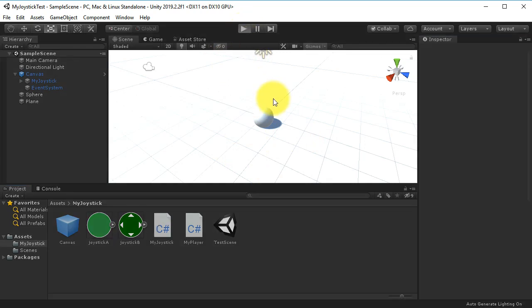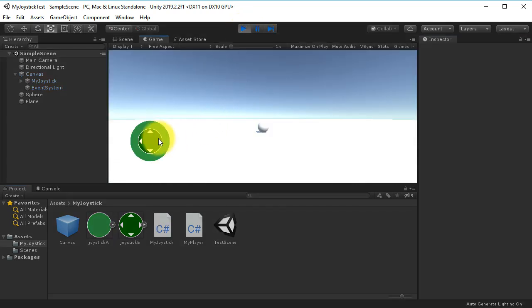Let's run the game. Move the player. So you can try this